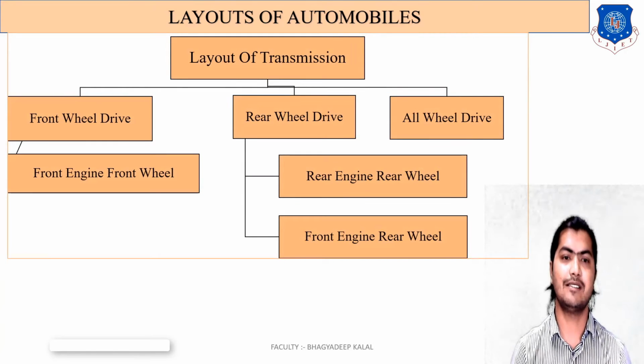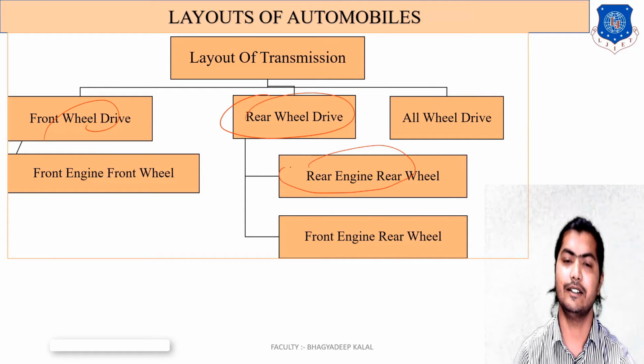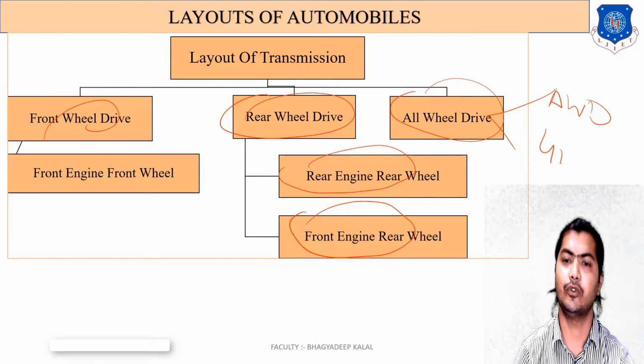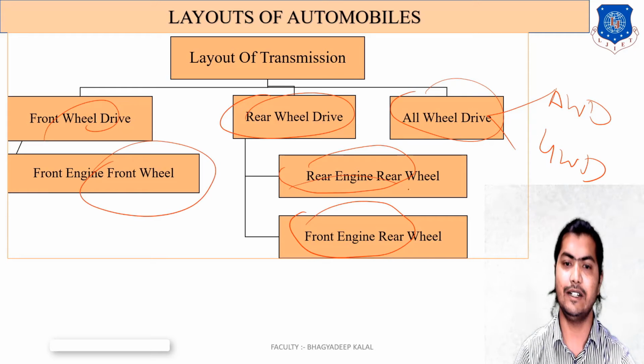Layout of automobile system. This is our layout of transmission system. Front wheel drive, this is the first type, that is a front engine front wheel drive. The second type is rear wheel drive, that is a rear engine rear wheel drive or front engine rear wheel drive, and all wheel drive. All wheel drive again has two types, AWD all wheel drive and 4WD, that is four wheel drive. In our syllabus we majorly study three types, that is front engine front wheel drive and front engine rear wheel drive